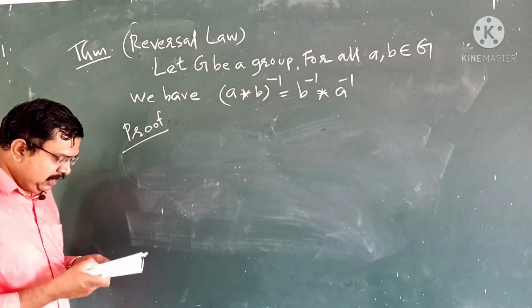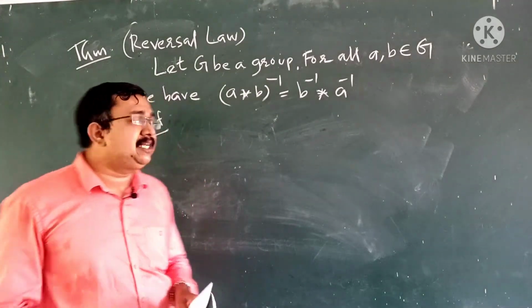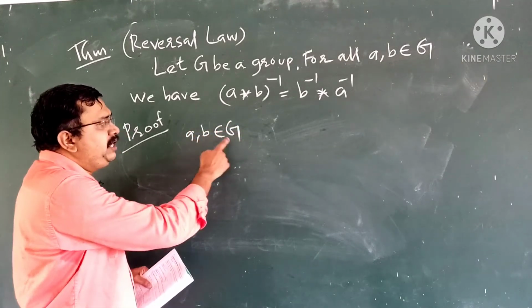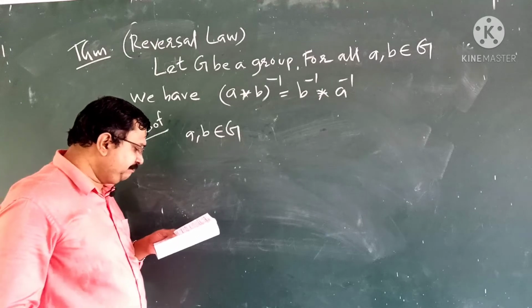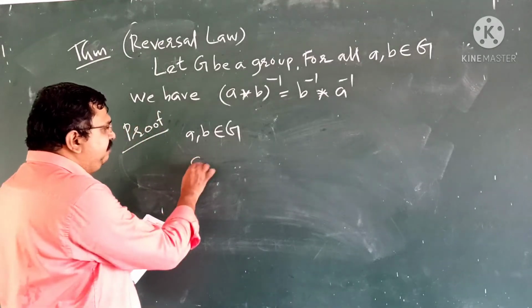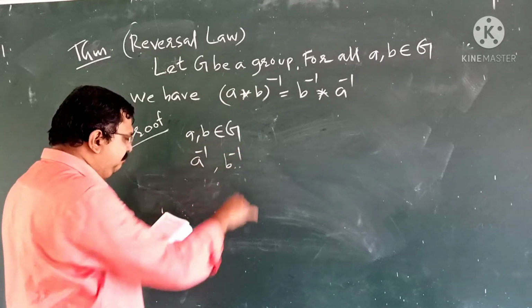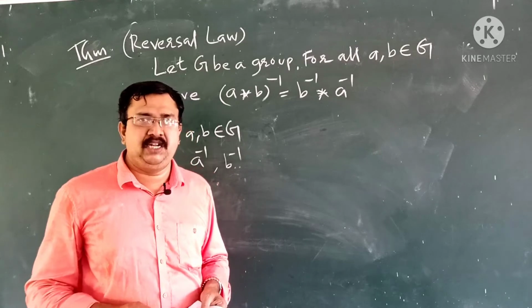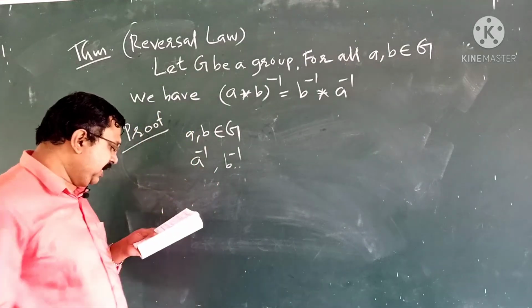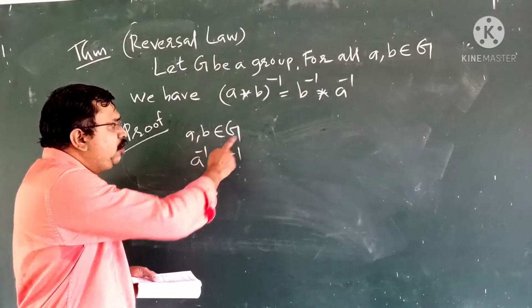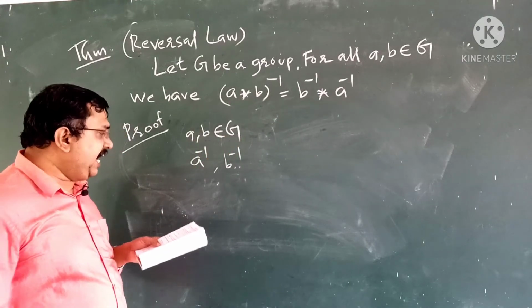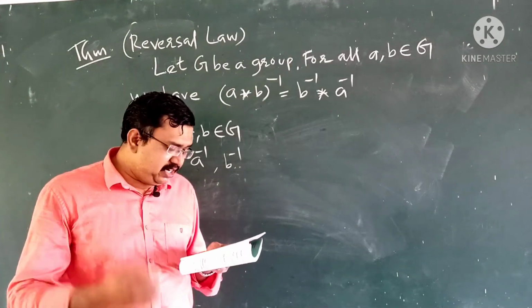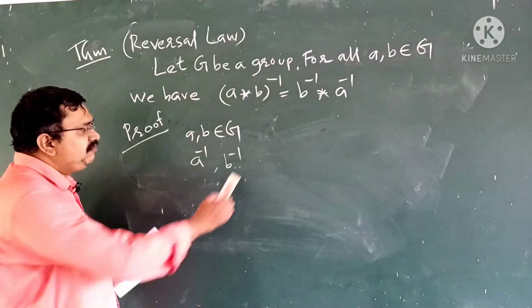Let us suppose that A, B belongs to G. Then A inverse and B inverse are the inverse of A and B respectively. Then we can write